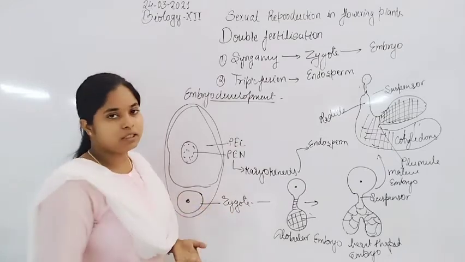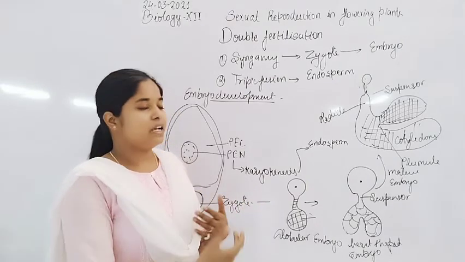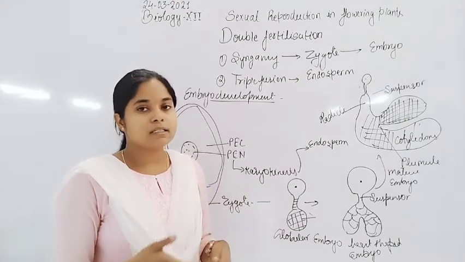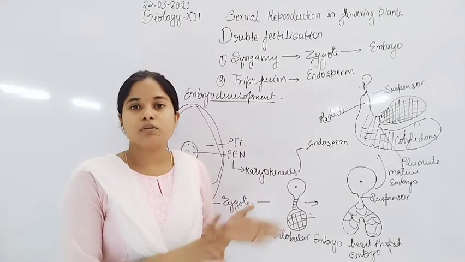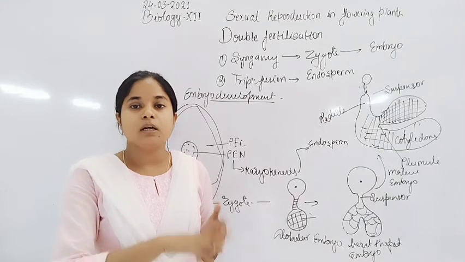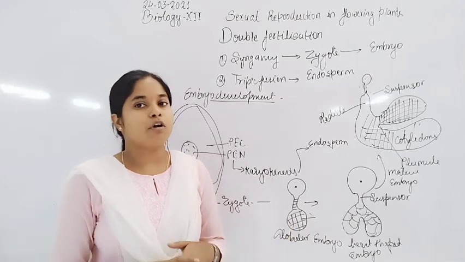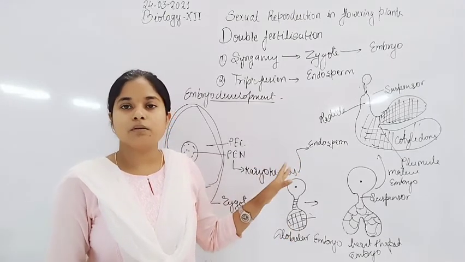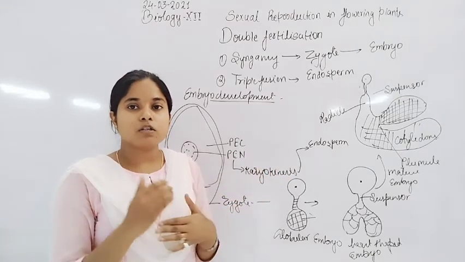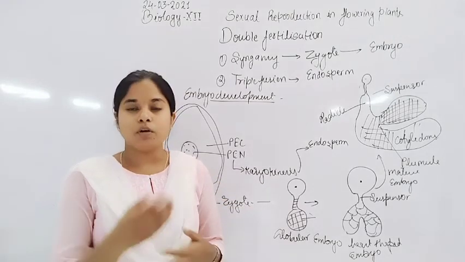This is the whole content of double fertilization, which is carried out in angiosperms. This is the characteristic feature of angiosperms, in which triple fusion and syngamy both take place, and that's why it is known as double fertilization, in which fusion of two male gametes is carried out in the embryo sac. One fuses with the egg, and another one fuses with the polar nuclei. But the seed is formed only by the zygote, which is formed by the fusion of egg and sperm. So what is the function of endosperm? They provide nutrition to the developing embryo, and also to the germinating embryo.